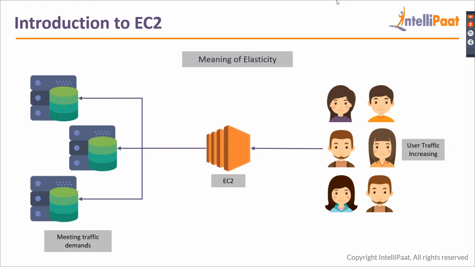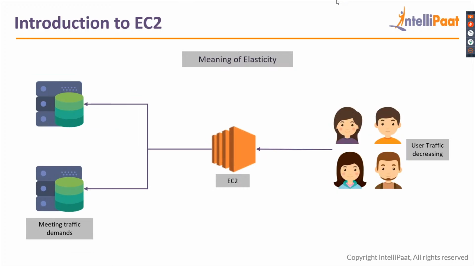For example, on Monday morning, if the traffic is less, EC2 will automatically understand that you don't need a lot of servers and it will only give you the minimum number of servers. And when your user traffic is continuously increasing, EC2 will automatically increase the number of servers you need. Also, on a Friday night it peaks, and suddenly at midnight it will obviously start to reduce. Once it is reducing, EC2 will also reduce the number of servers you own. So this basically makes it scalable as well as reducing your cost.